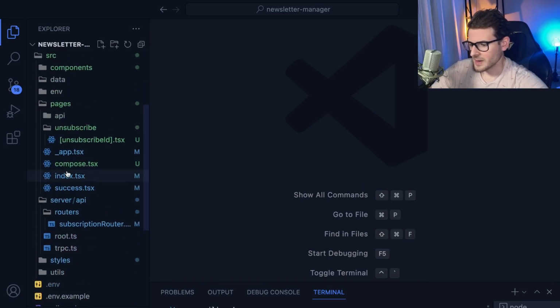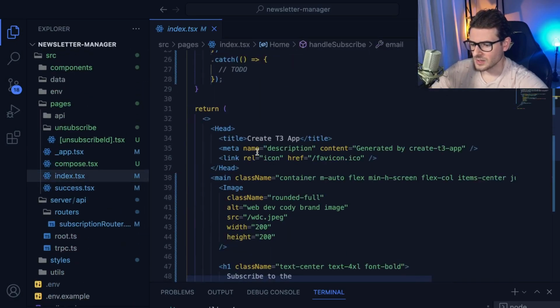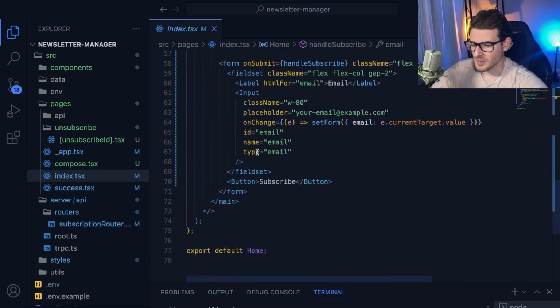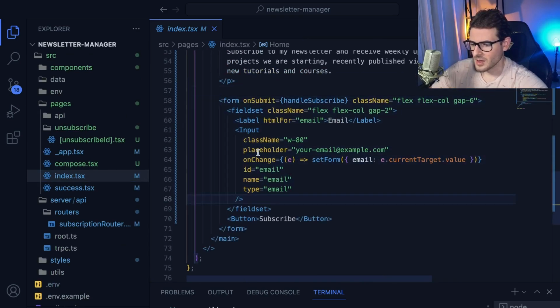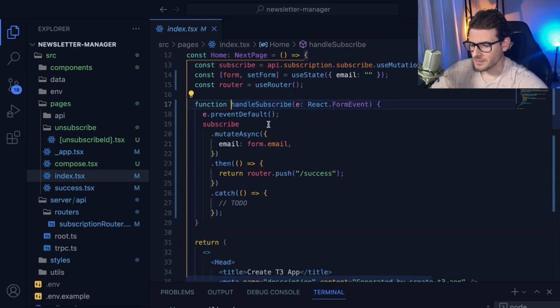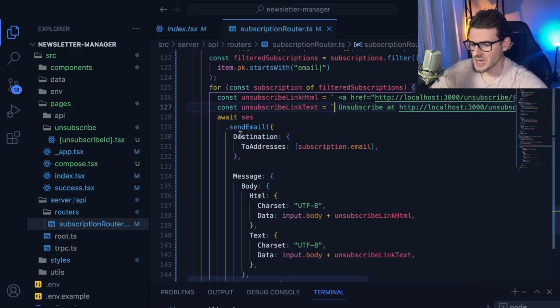Basically, if I go to my index page, that's where you can subscribe to my newsletter. So we got a form here. It has an input and a subscribe button. You type in your email and I click subscribe, and that goes to a method which hits an endpoint. Okay, so this is using tRPC. It's using a mutation to hit a subscribe endpoint. Now let's go and check out the subscribe